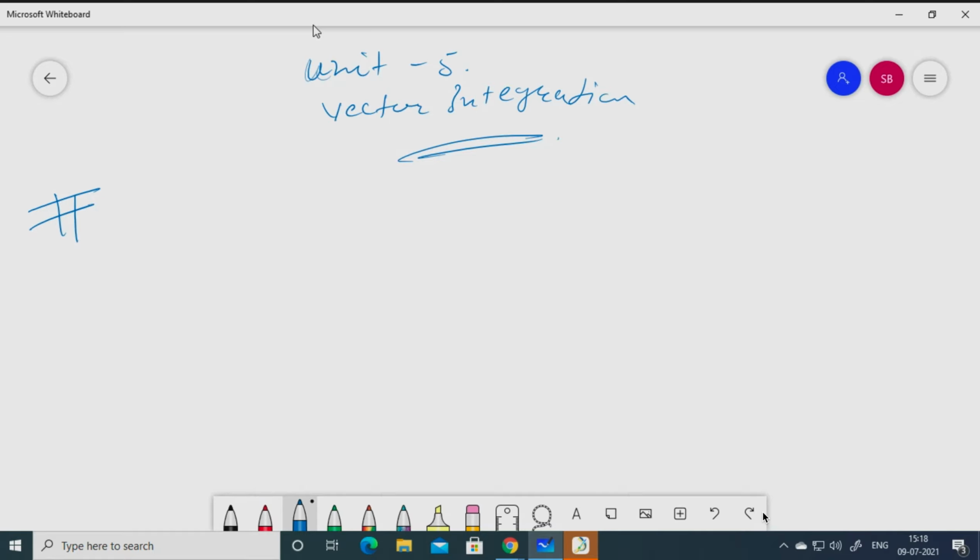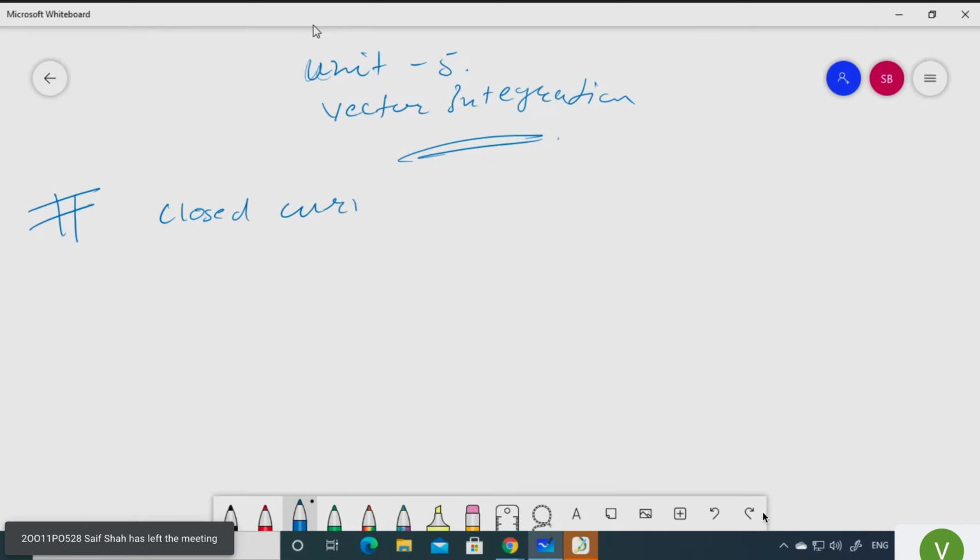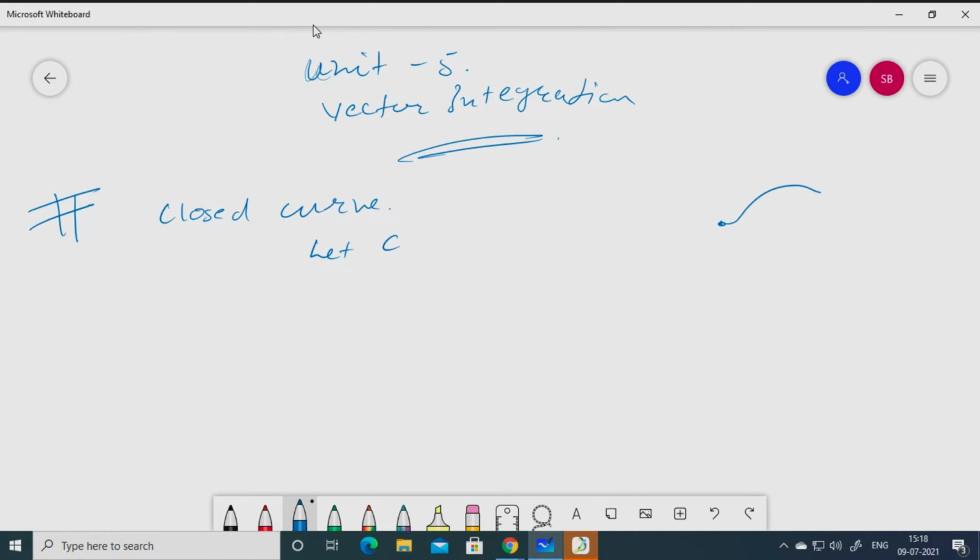But before going to discuss the line integral, you should know about the closed curve. So what do you mean by a closed curve? Curve means it can be any curve. It can be a circle, it can be a parabola, it can be a straight line, it can be any given curve. But when I mention a closed curve, the starting and ending points must coincide. So this is also a curve. Suppose this is point A, point B. This is also a curve. Similarly, this is also a curve, with starting point A and ending point B.